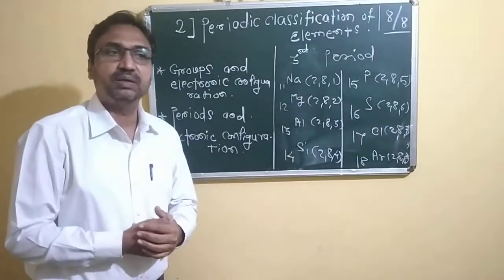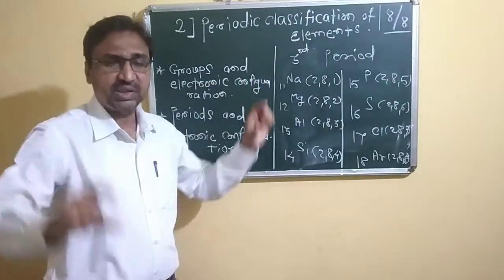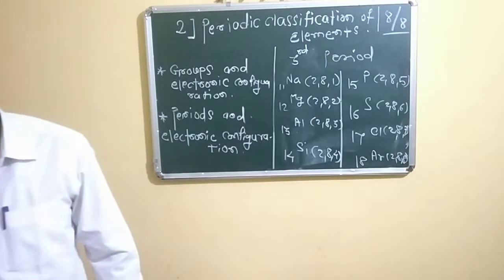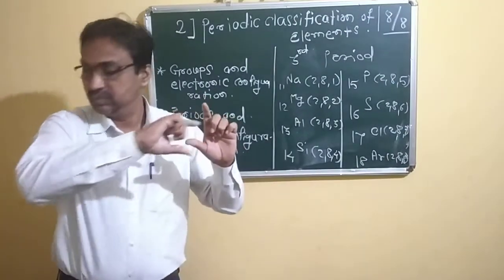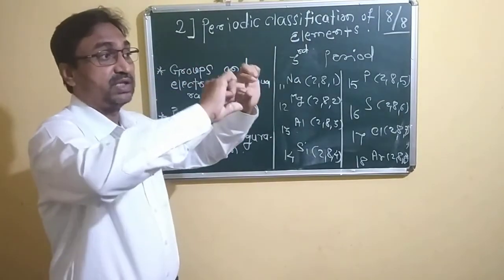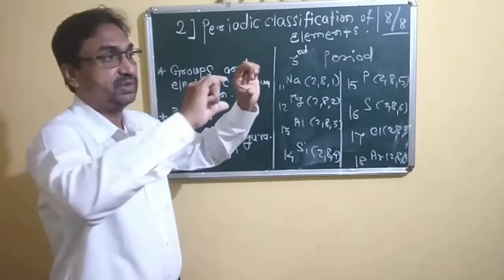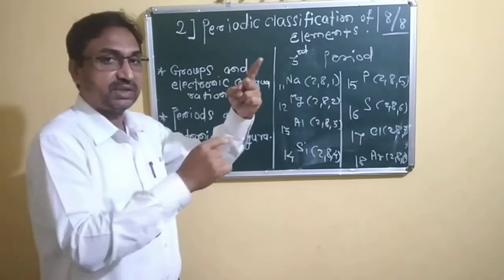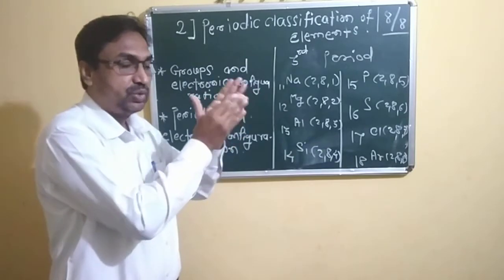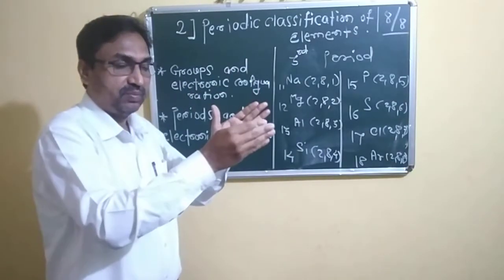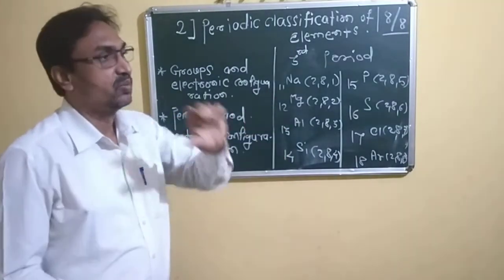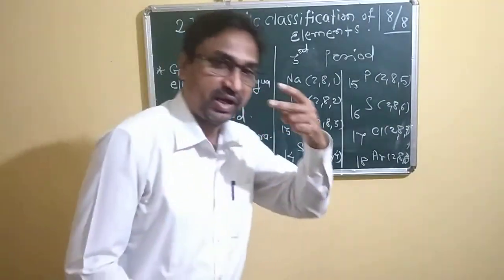After that, the second period starts, I think, from lithium. It is from lithium to neon. It is the second shell. In the second period, the second shell is there. Second shell means two shells are used. First for its duplet, 2 electrons, and after that 3. That means 2 1, 2 2, 2 3. That is, for the second period 2 shells are required.